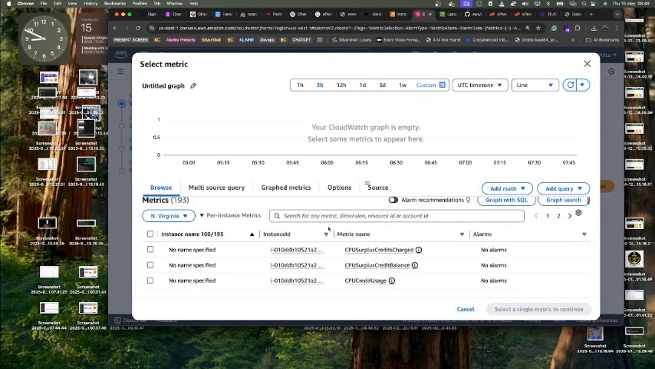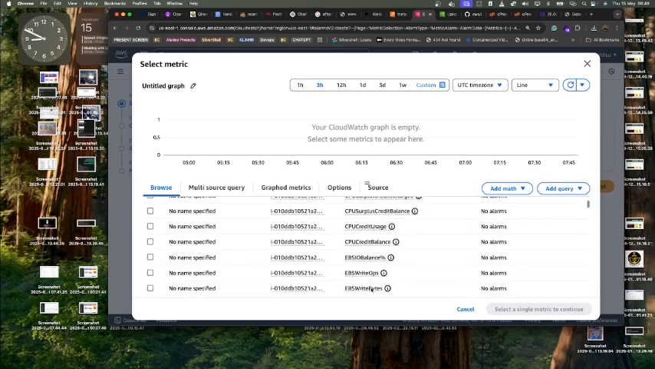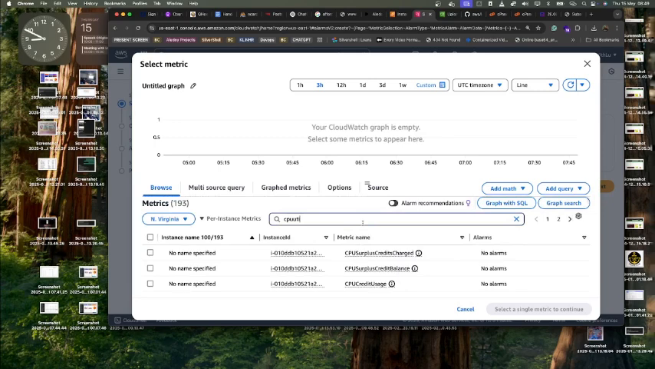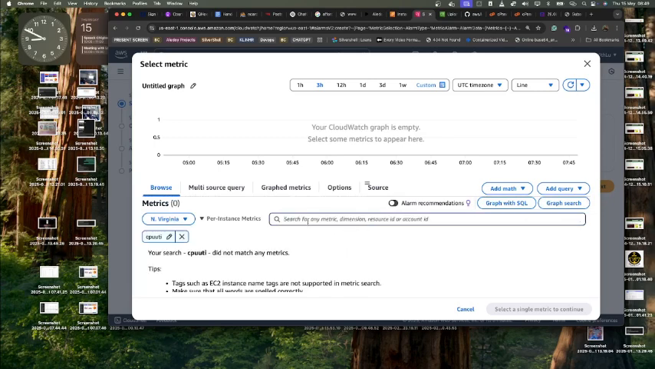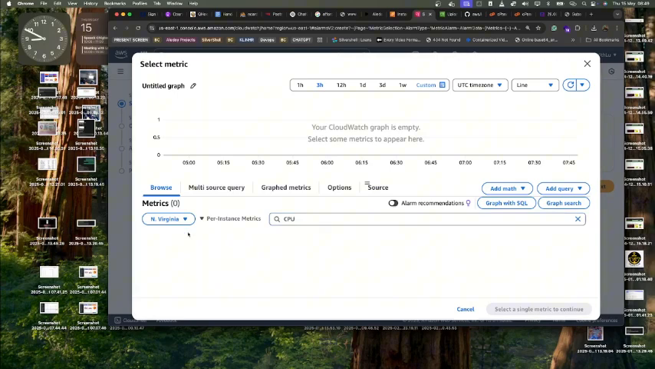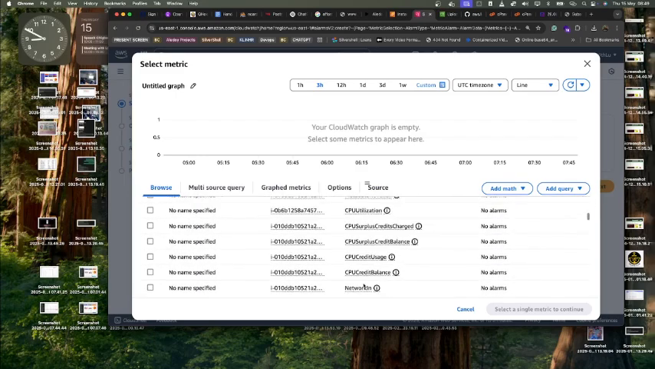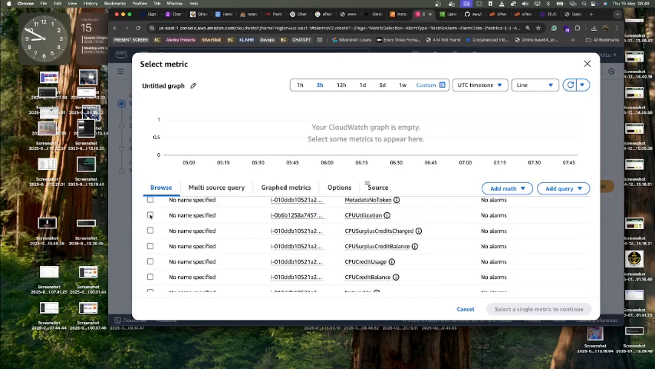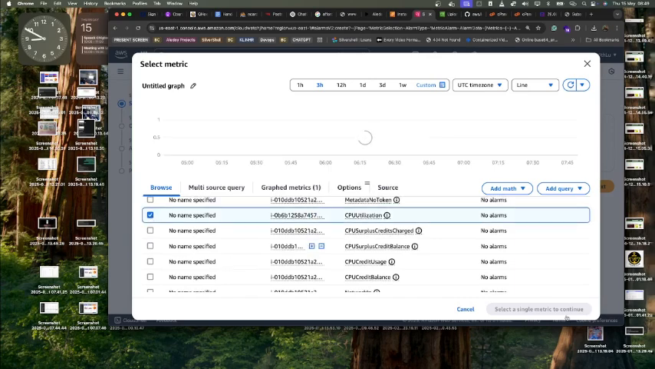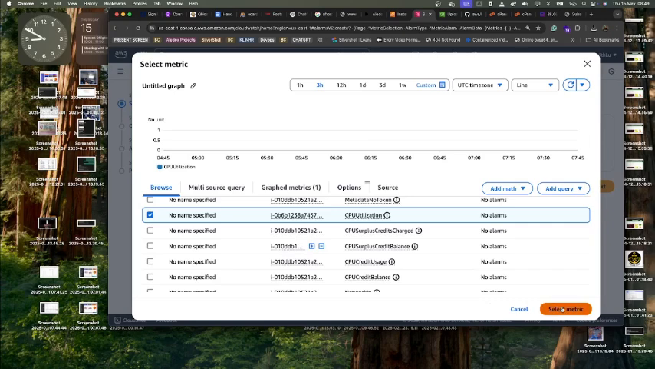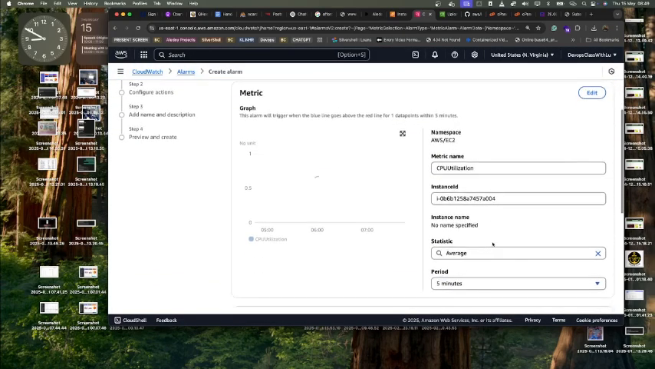In this case, what do you want to monitor? So just CPU utilization. So I'm actually looking for CPU utilization. So I select CPU utilization. This is the metric I want to measure here. So I select metric, and